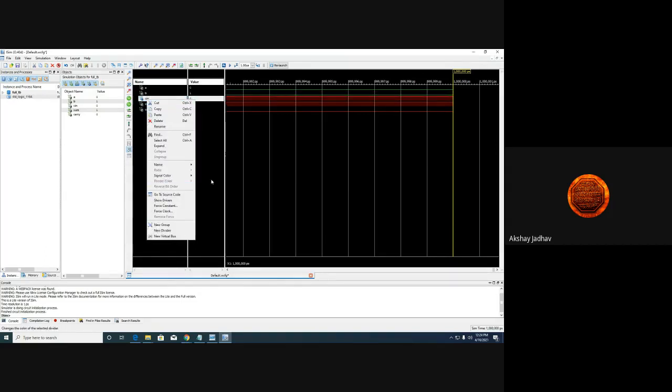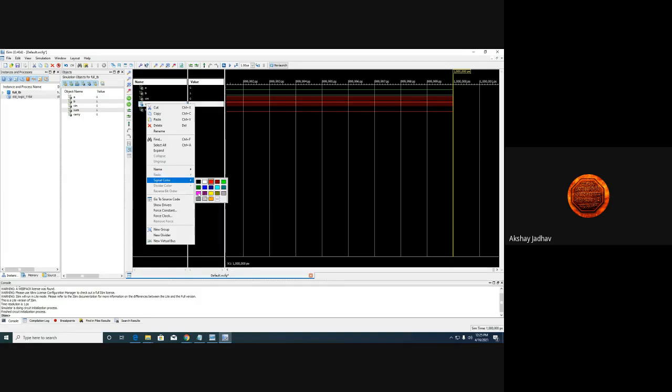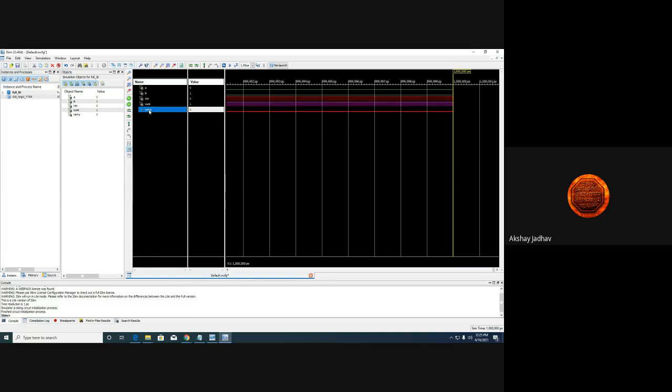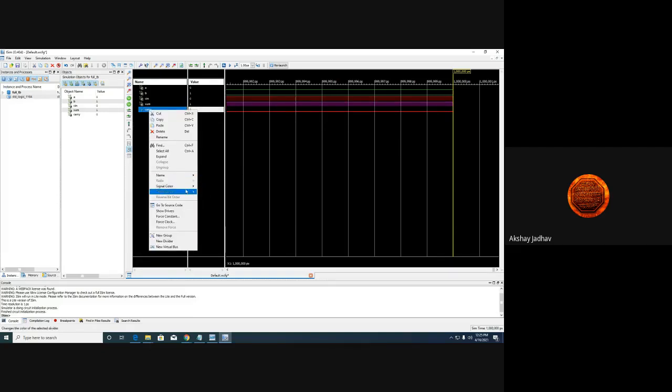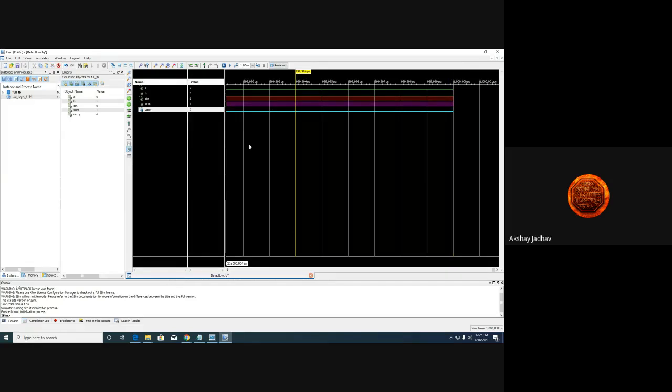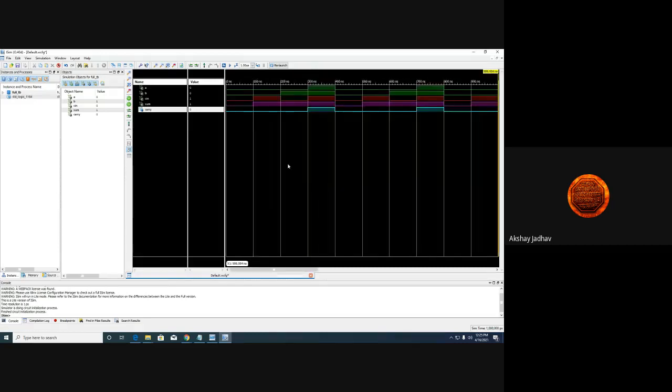C in we need to change, so let it be red. Then we are going to change it to this color. And at last I just want to change the carry to this. So we are able to bifurcate what actually the C in is, what actually the sum is, and what the carry would be.